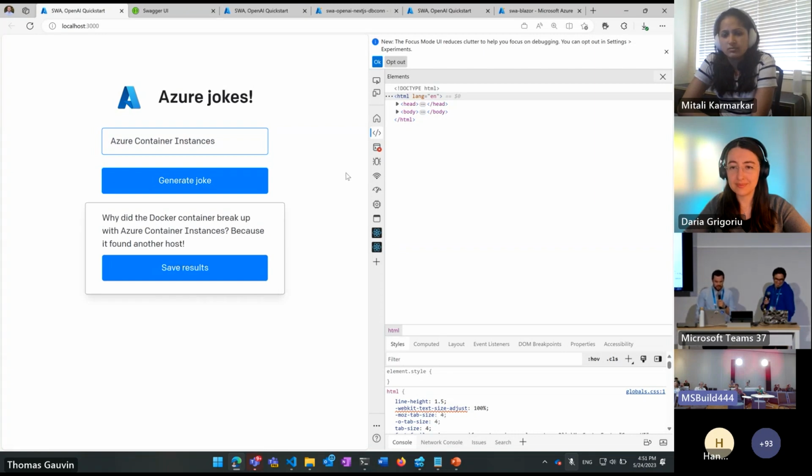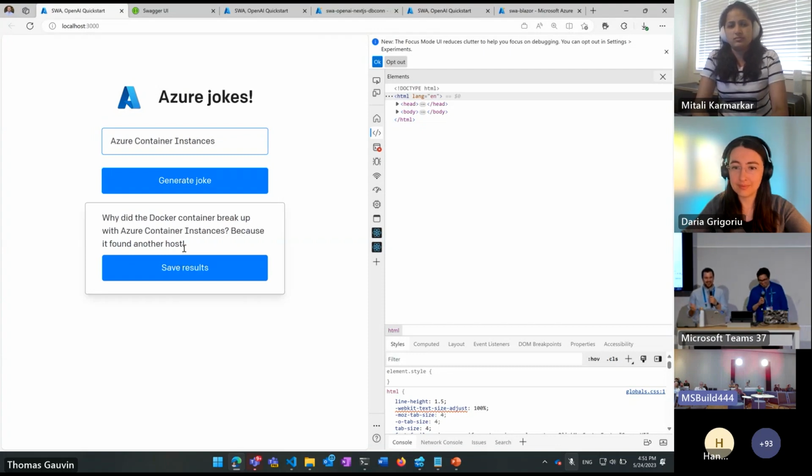Why did the Docker container break up with Azure Container Instances? Because it found another host. There we go. Clearly, OpenAI is a great comedian, and I want to save this result now, and conveniently, because